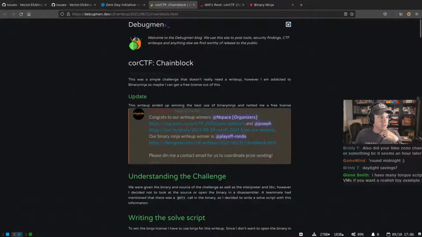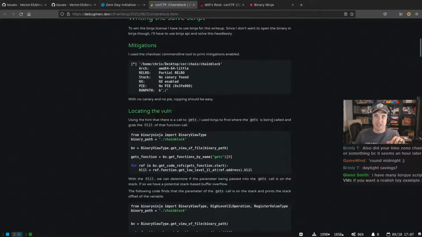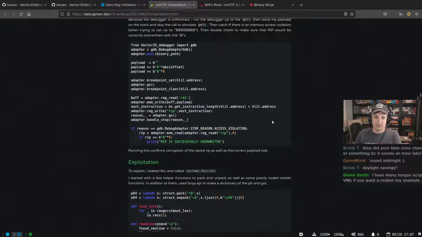The other one that came out of Core CTF is this one here as well. And this one I liked a lot because somebody just recently even asked in the Binary Ninja Slack, is the debugger scriptable? And the answer is yes, the debugger is scriptable. And in fact, here in this blog post, it's a really nice solution script where they did their analysis in a mixture of Binja, angr, and then in the Binja debugger, kind of all together to build this payload that would solve this exploit. But it did it on the fly. So it's actually opening Binary Ninja, using it to pull out symbols and features and offsets and addresses, and then using that with the debugger, using that with angr to find a path.